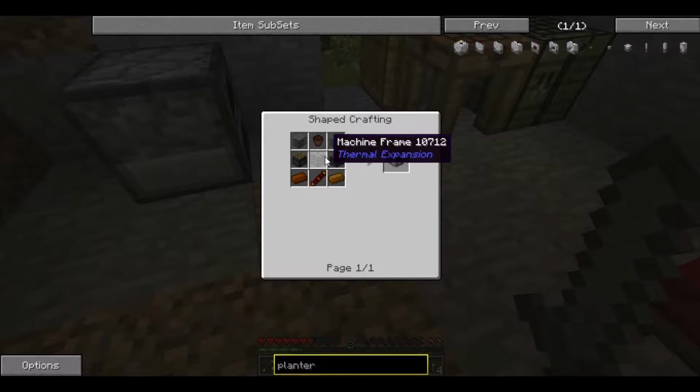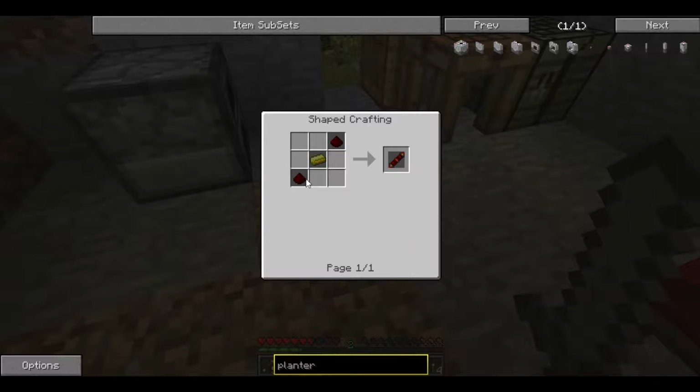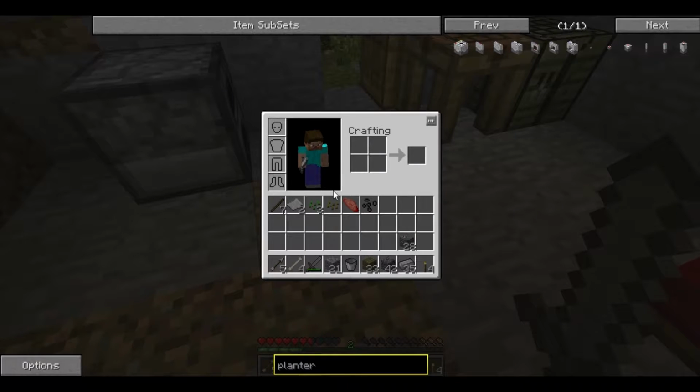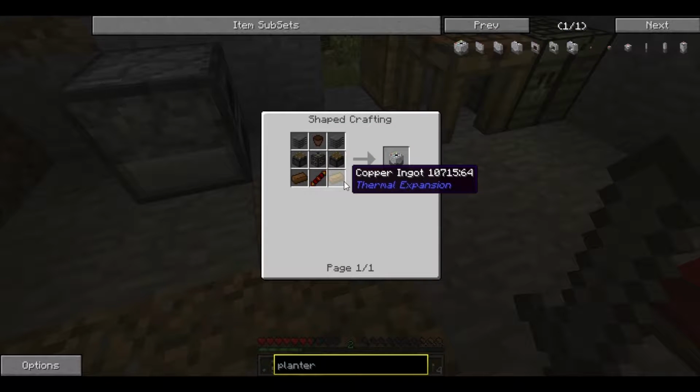Alright. So what we've got to do, we've got to get the machine frame built. We've got pistons, which you've probably seen before. We've got to get some copper and redstone reception coil, which is going to be more gold and redstone. Then the plastic and a plant pot, or flower pot as they call it on here. That's to make the planter. Now to make the harvester,